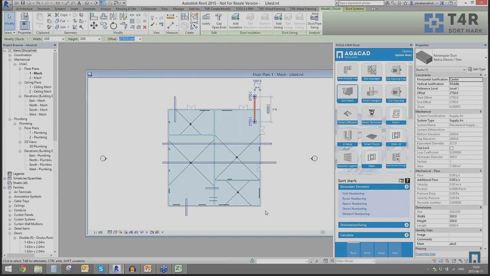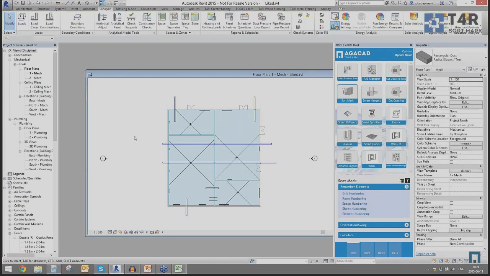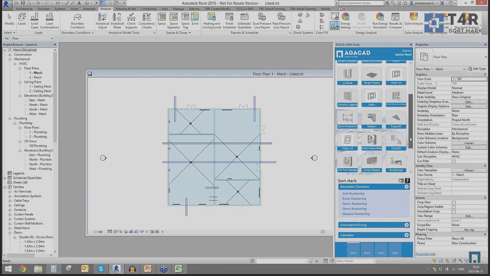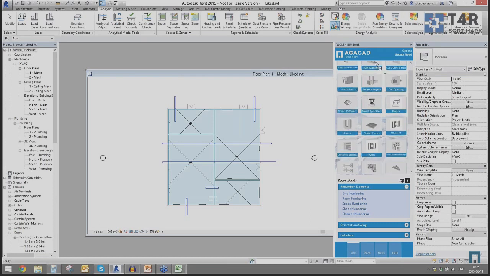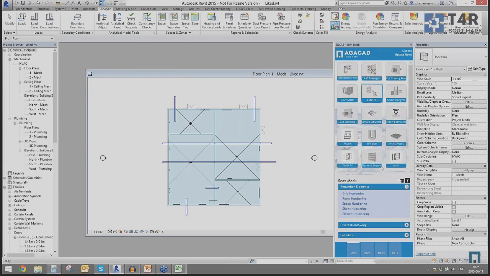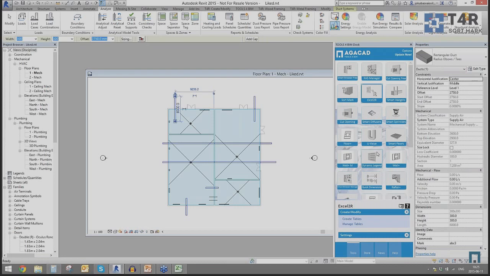So you have various possibilities to number, to add additional suffixes, prefixes, and any type of needed information for your families. This is really nice functionality. That is all about sort mark. It has many more functions than I showed you today, but we do not have a lot of time, so I want to go further. The Excel to Revit,